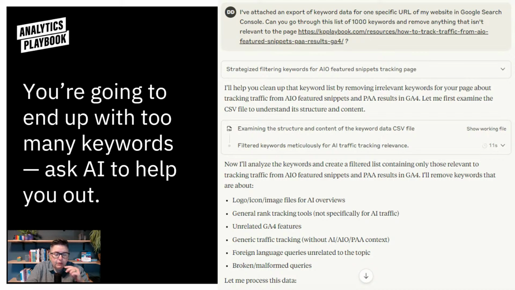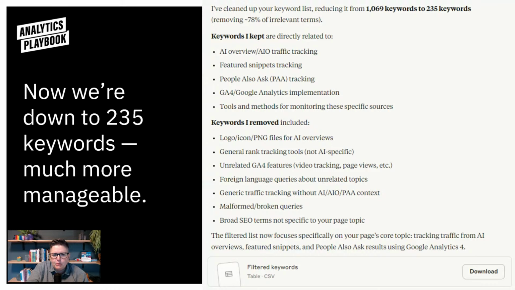You can also be really specific and say only include results that are more likely to return an AI overview result, which will narrow down the list even more. So what you put in the prompt, totally up to you. But this is how I happen to do it on a regular basis. So here's my response in Claude. It's very proud of itself for narrowing it down to 235 keywords. Of course, when I reran the prompt and said just things that are likely to snippets, I think it got down to 70 something keywords. But in this case, I just wanted to see everything that's on topic, whether or not it's going to trigger